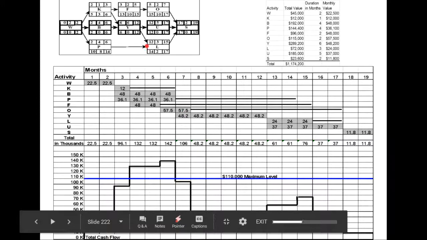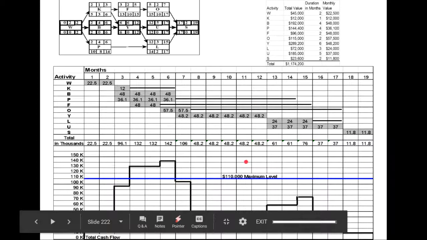So once you have completed your bar chart and included all the costs, so here for instance we did complete up to this point, and then you can see the costs for activity Y has been indicated. Activity Y starts after activity K and B, and it goes on. So I'm sure you have got a good understanding of how these costs are developed, and we have ended up